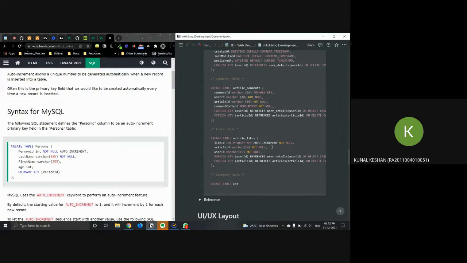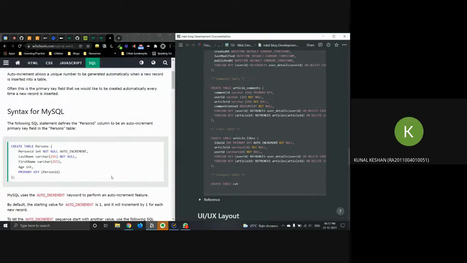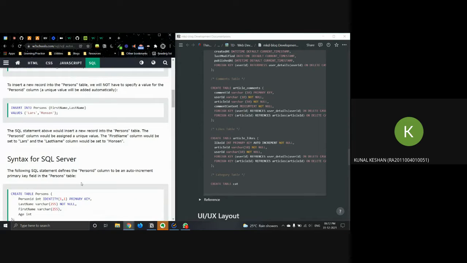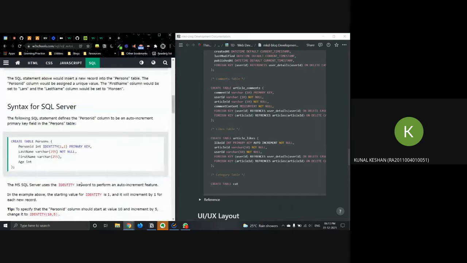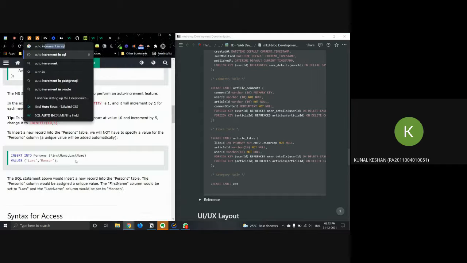I'll check once. What they're doing is putting auto increment and primary key like this.